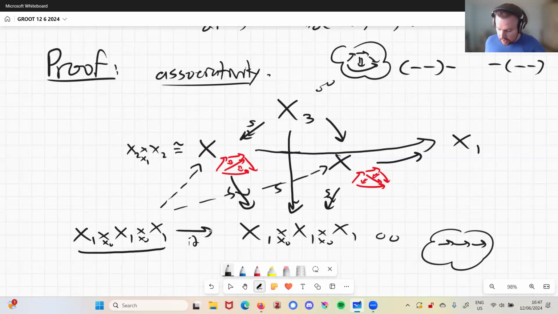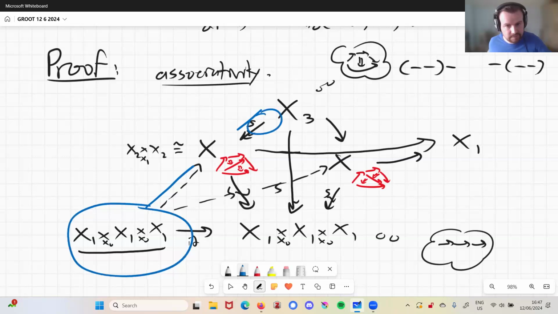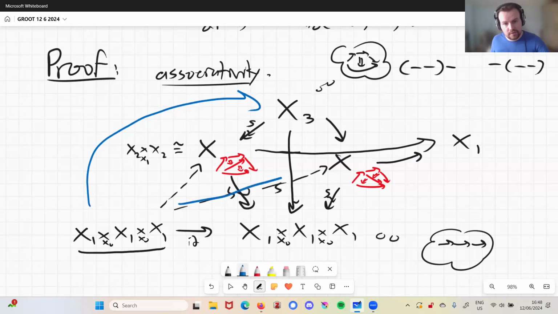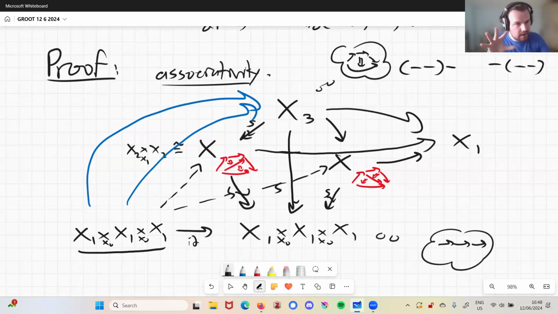Okay. Now, what I'm going to do with these two is, if we look here, I have another lifting problem, right? I've got a cofibrant thing, and I've got a trivial fibration. And I'm going to solve this lifting problem. I could just find a solution. It doesn't matter which one. And I can also solve this lifting problem. Doesn't matter what solution I choose, just solve it again. And if you look at this diagram, as it turns out, if you follow this and then go here, that's exactly the first composition operation again, because everything commutes. And if you follow this one, that's exactly the other composition operation, because everything commutes.